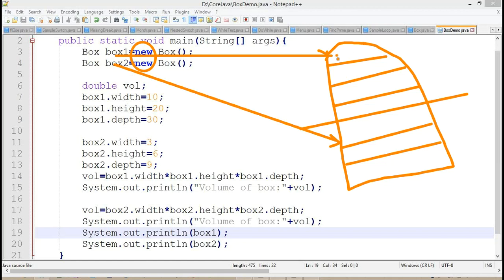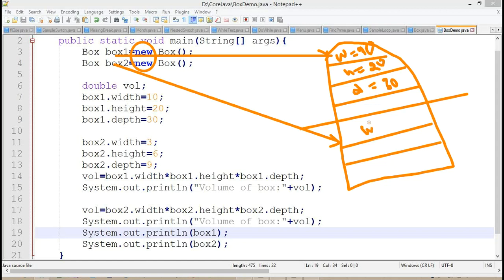This is the width, height and depth. What values are we initializing? 10, 20, and finally 30.